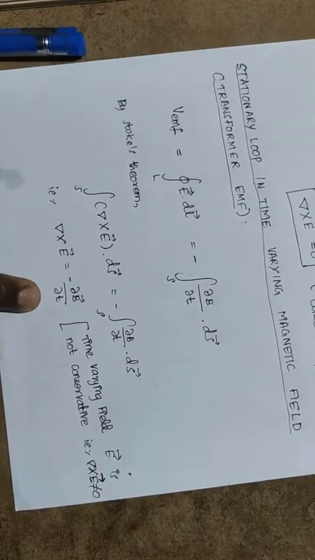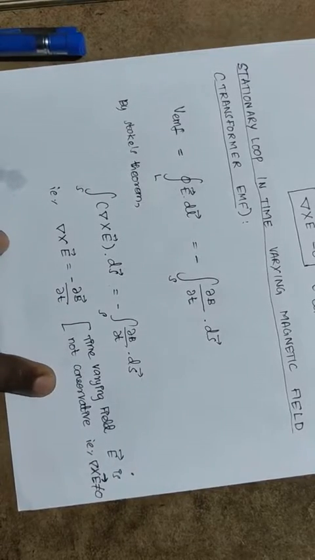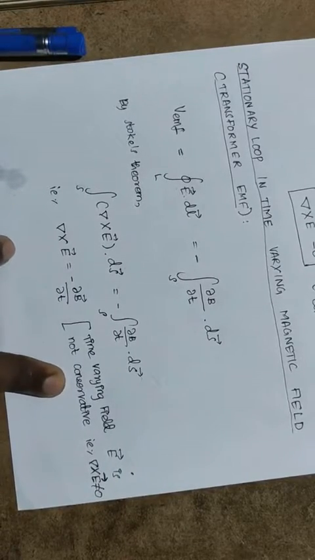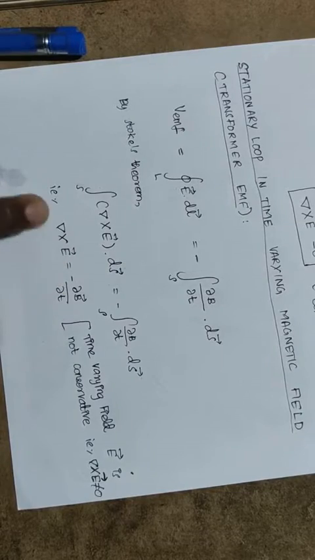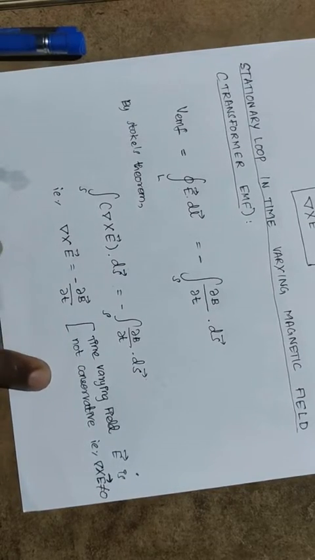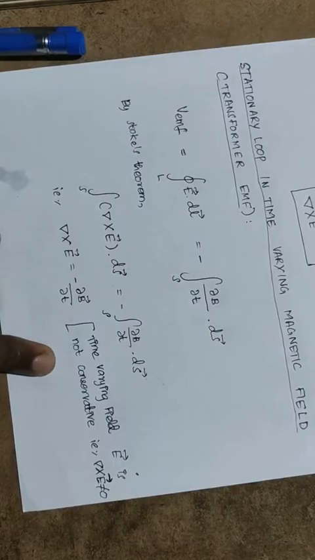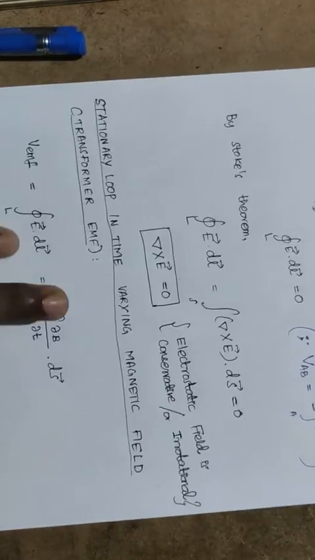This is Maxwell's equation for a time varying electric field, and it states that a time varying electric field is not conservative. So there will be a net work done in moving a charge in a closed loop whenever a time varying electric field is considered. This is the simple statement of Maxwell's third equation.